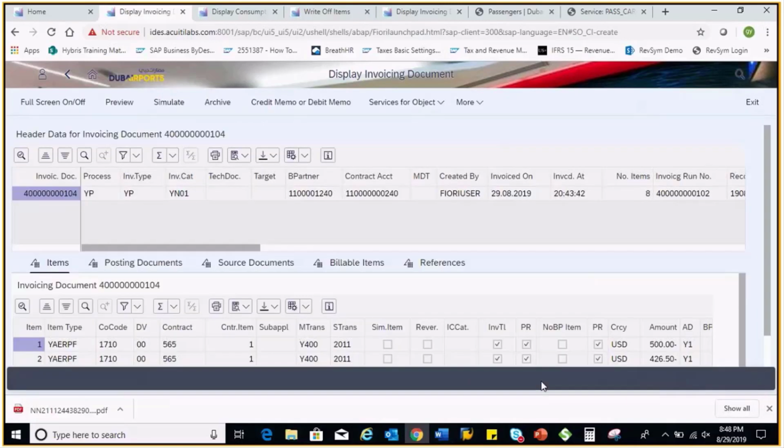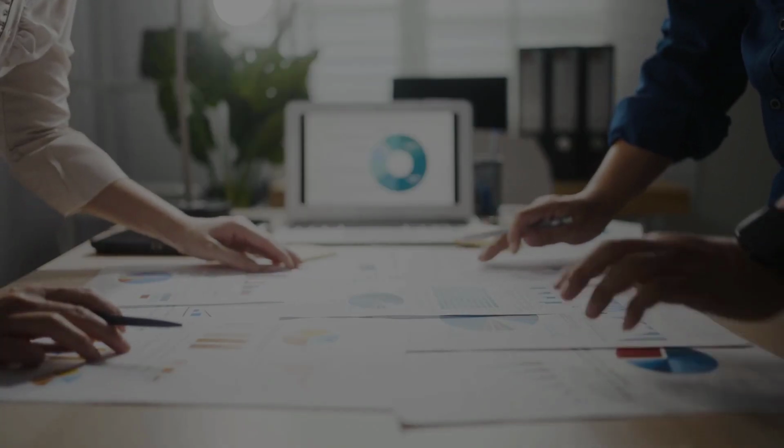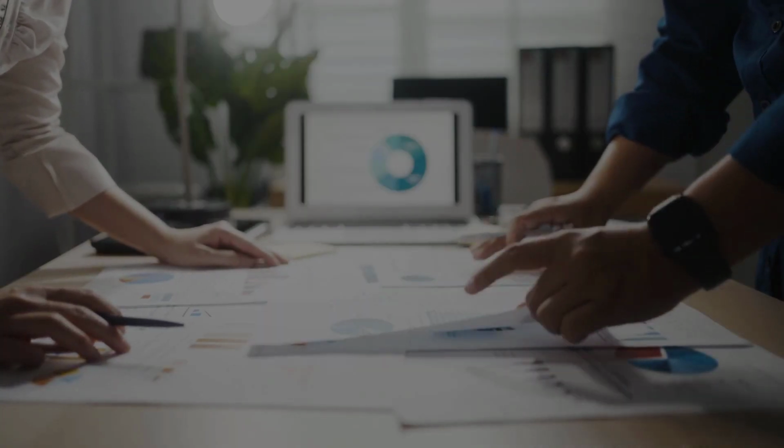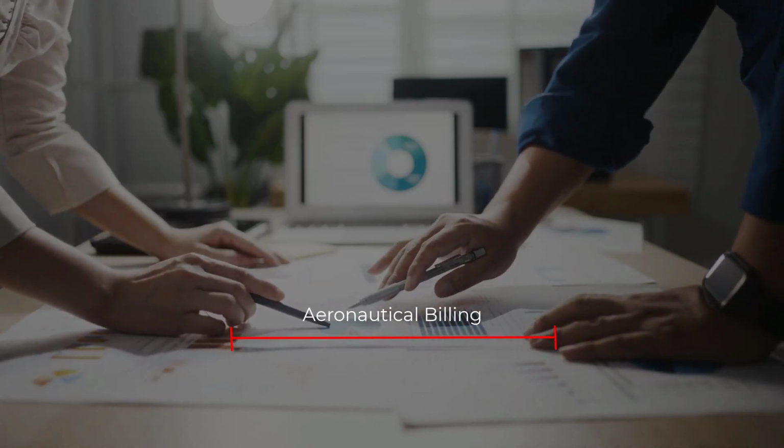You can see the external reference ID, which is one of the links for customer charges and partner revenue share. And this is the invoice document for a partner. You can see the credit amount that is being shared with the partner as revenue share. In this short video of Acuiti Labs Airport Accelerator, we quickly showed you the end-to-end process of aeronautical billing using